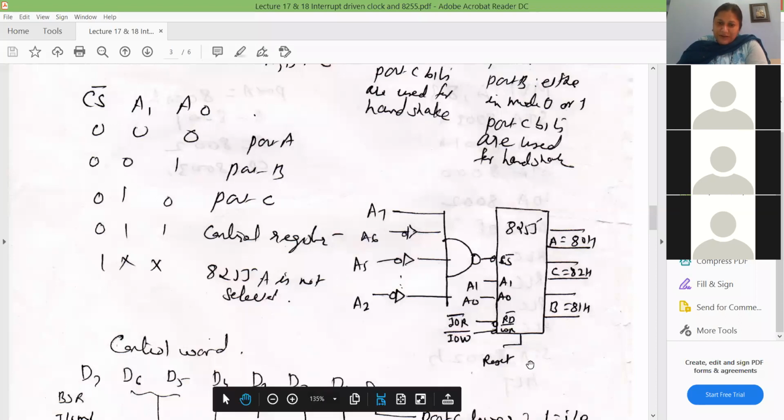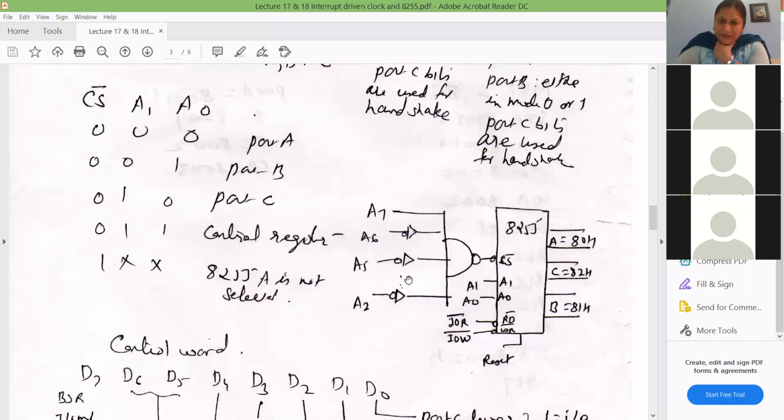When we say 80, it is a start address, and start address always denotes your port A. This is called input output mapping. Why? Because you are considering only an 8-bit address. So when it starts with 80, the successive addresses are 81, 82 and 83. It will never happen that 80, 90 and so on. If it starts from 90, then 90, 91, 92, 93.